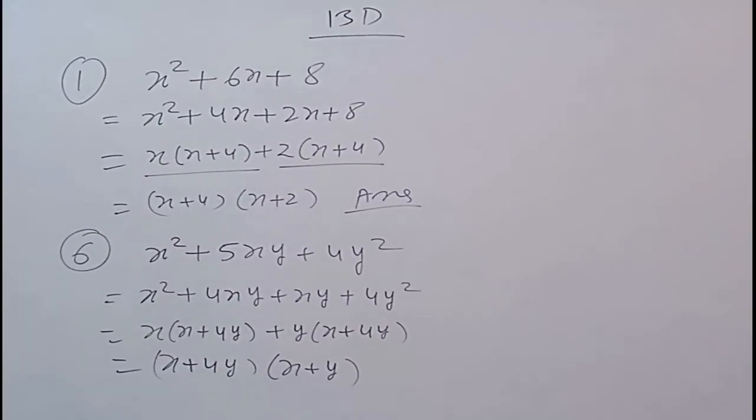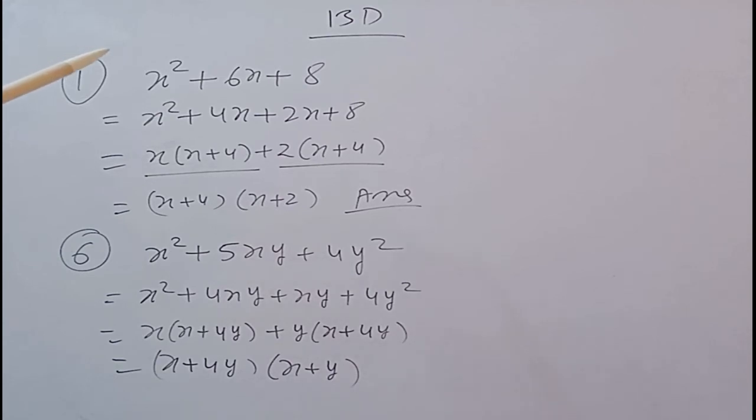Then I am taking question number 1, exercise 13D. Question is x square plus 6x plus 8. So we have to factorize it. How to factorize it? We can write 6x as 4x plus 2x. So how will you find that 4x, 2x we can write as 6x? First, in the last we have the constant term. That constant term we will multiply with the constant part of the x square, that is the 1. If there is no constant part, we will treat that as 1. So 8 ones are 8 we are having.